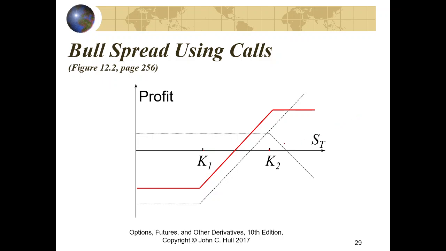Now, what motivates an investor to create a bull spread? To answer this question, we need to look at when this spread is going to be profitable. We notice that the spread is profitable when we move from K1 up to K2. At K1, we will incur a loss if the option expires when ST is equal to K1. As the underlying stock price increases, the profit we realize will increase until we reach K2. So, compared to only taking a long position with the strike price K1,